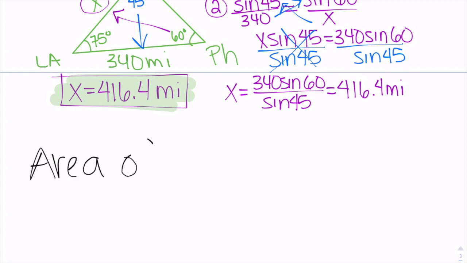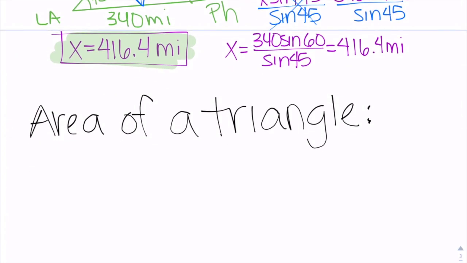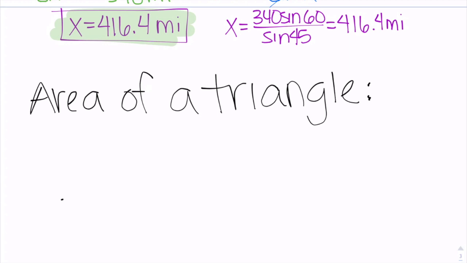And so lastly, we're going to look at how to find the area of a triangle. And I know you're thinking one-half base times height. However, in this case, we're not going to be using that because we're not going to know the height of the triangle. And so we're going to use trigonometry to solve for the area of a triangle. So if we are given a triangle,